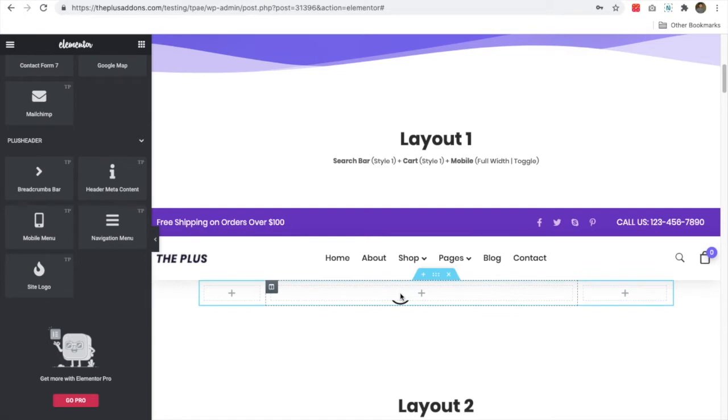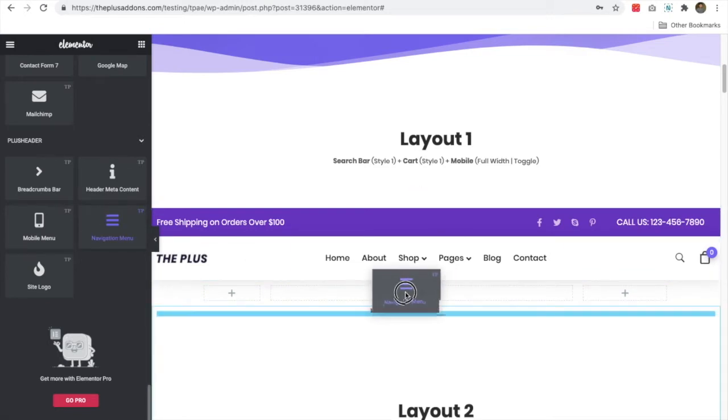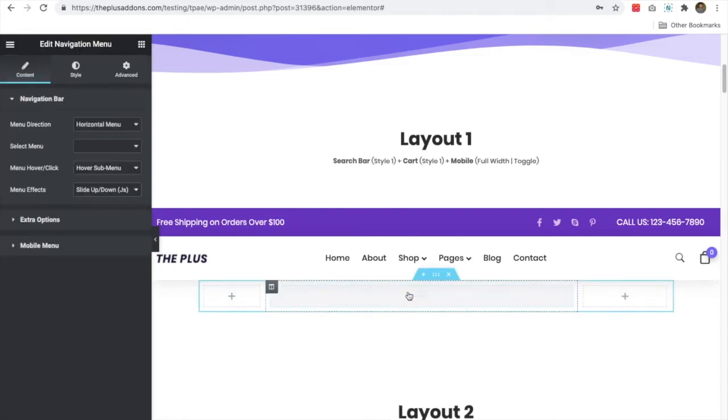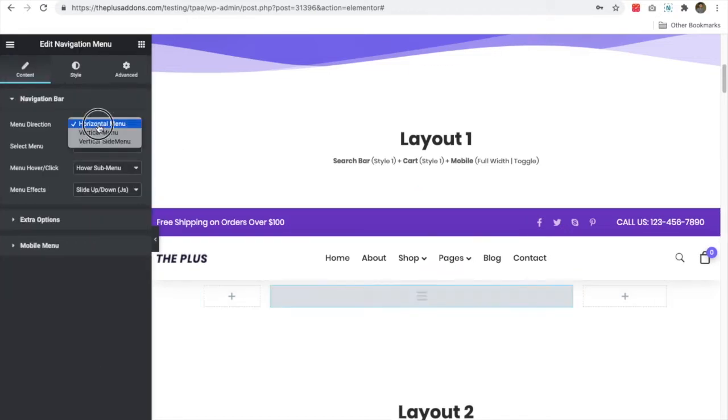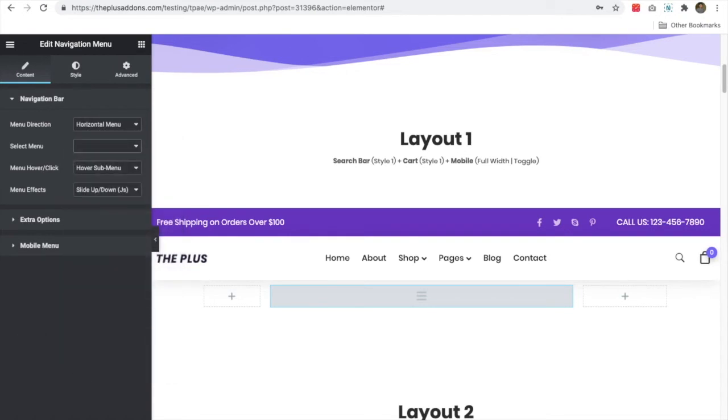Now we need to put a navigation menu over here. Once you select that, we need to select the taste menu, but we cannot see the taste menu over here.